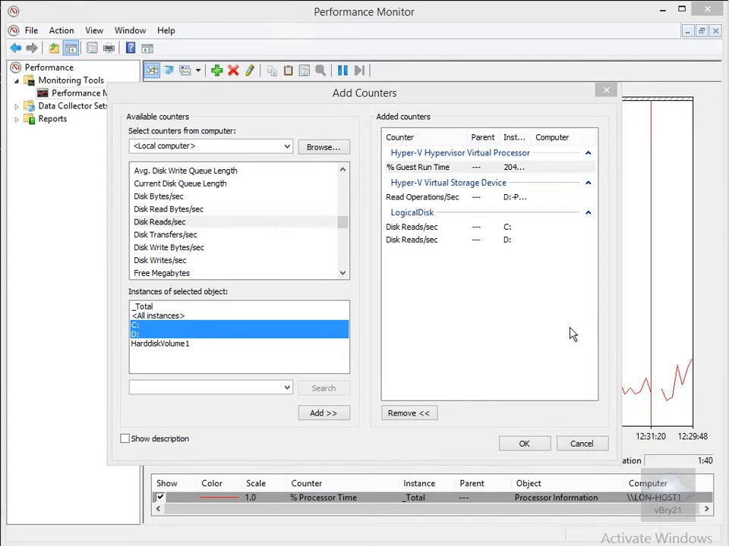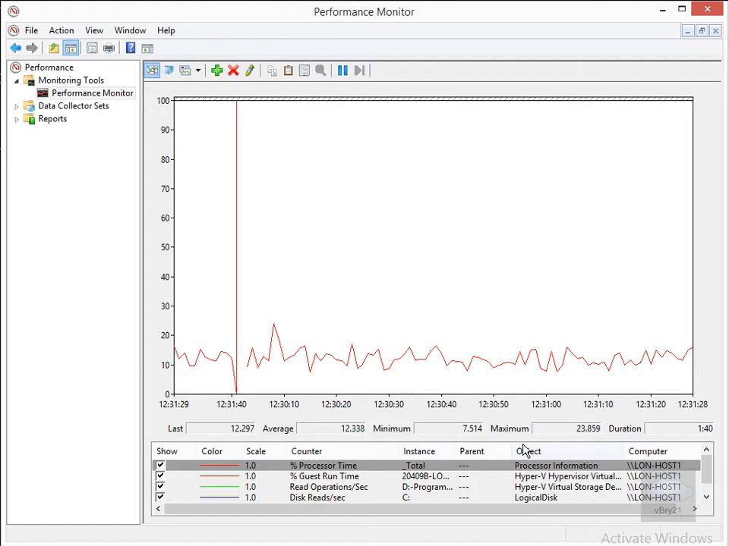So what I've added here is % guest runtime, and I've added that against LonCL1. I've also got read operations per second on my virtual storage device, and that's also on lon-cl1, and then on the Hyper-V host itself, under the logical disk here, we're looking at disk reads per second on the C and D drive. So now we've added in those counters, we'll just select OK, and we can now see